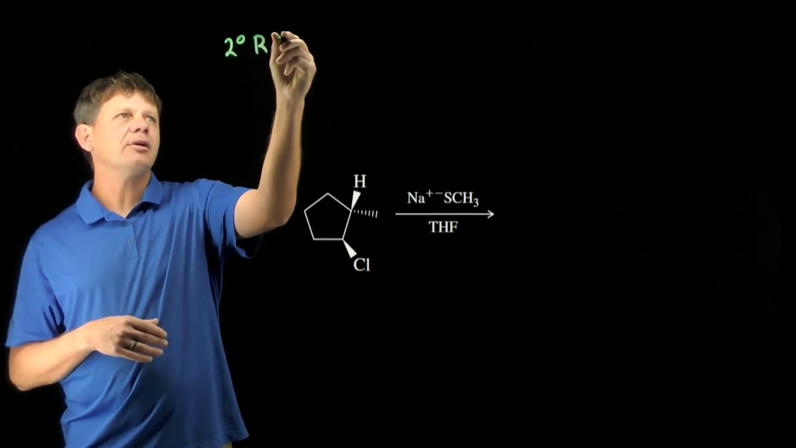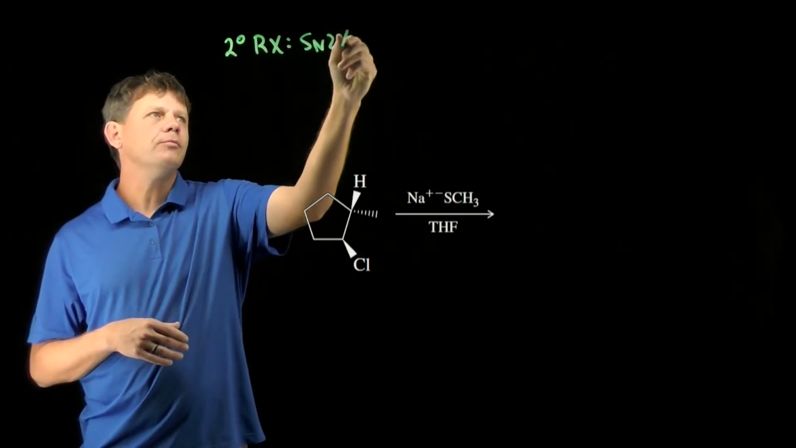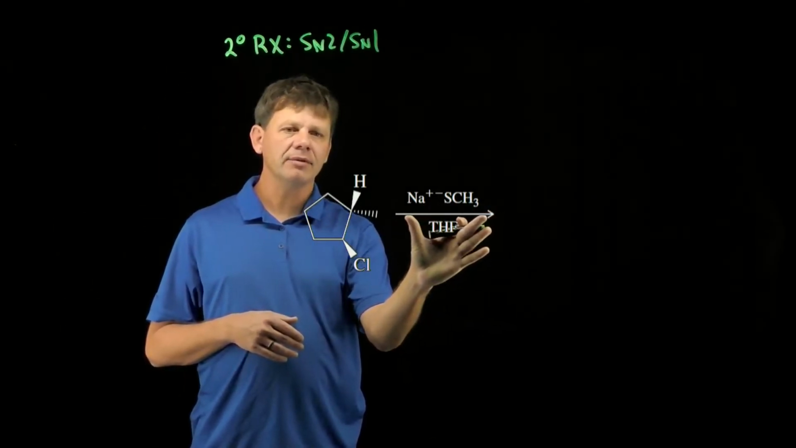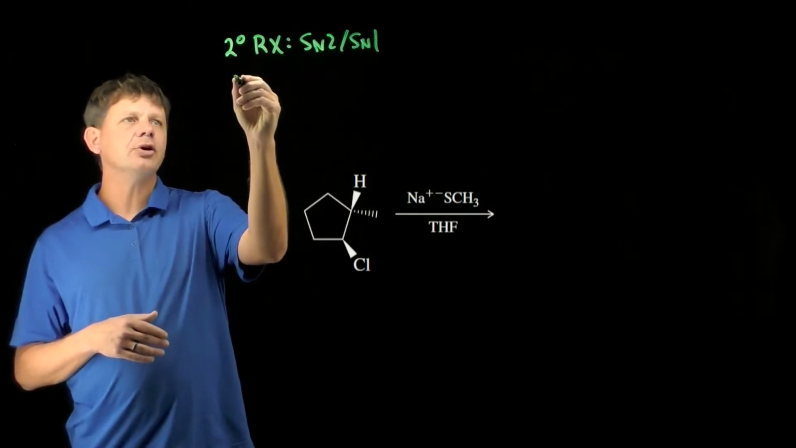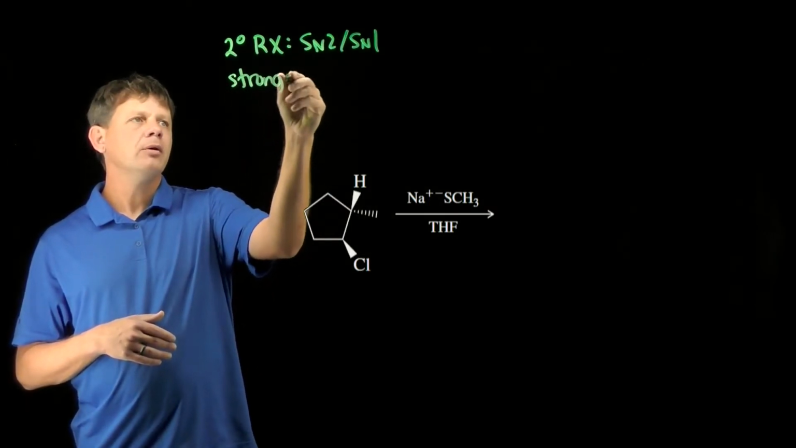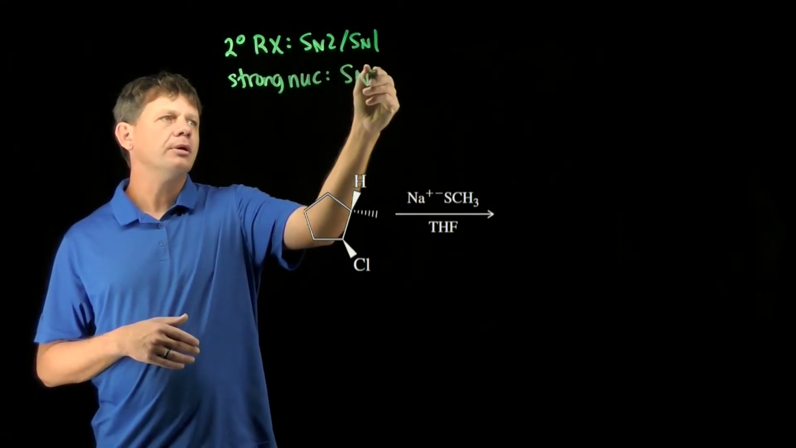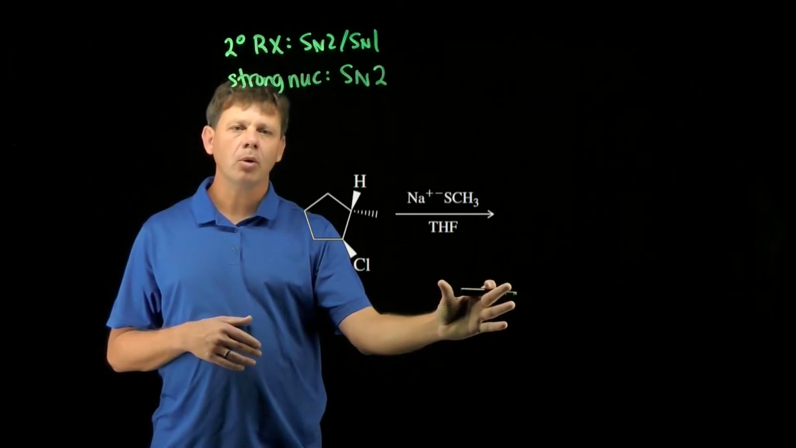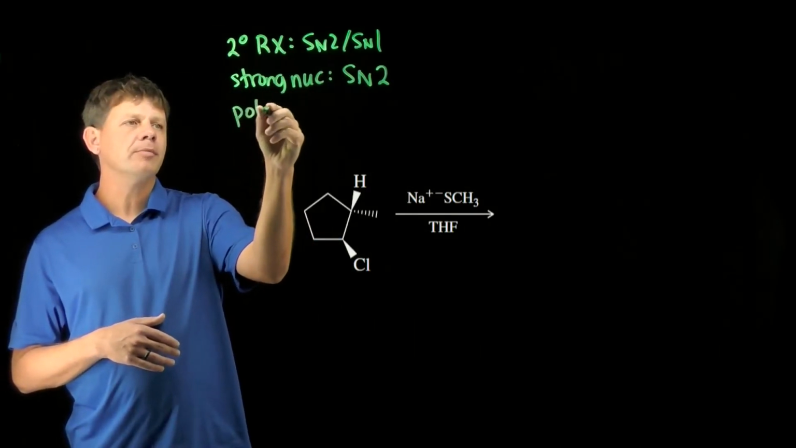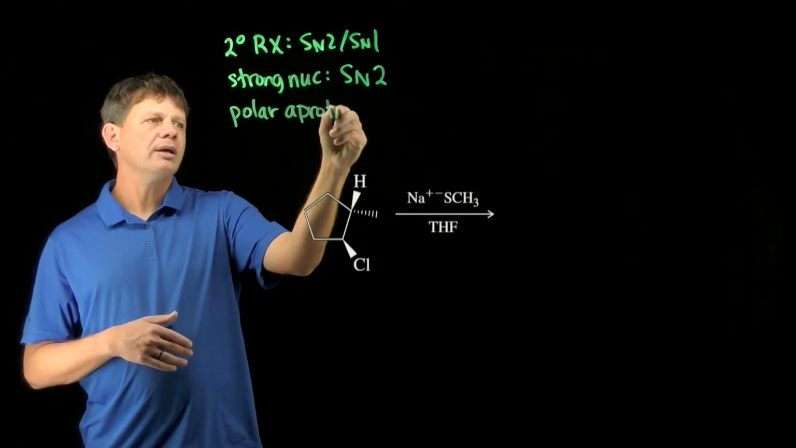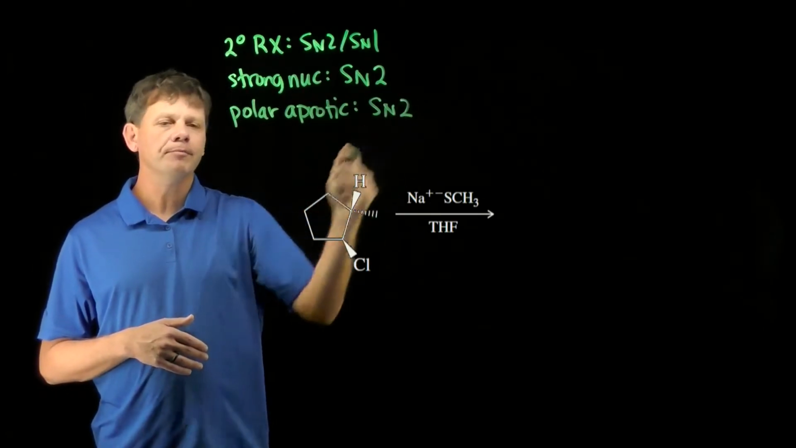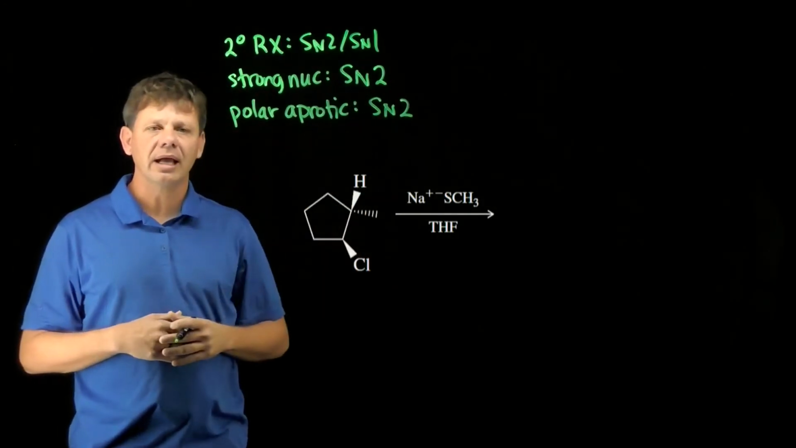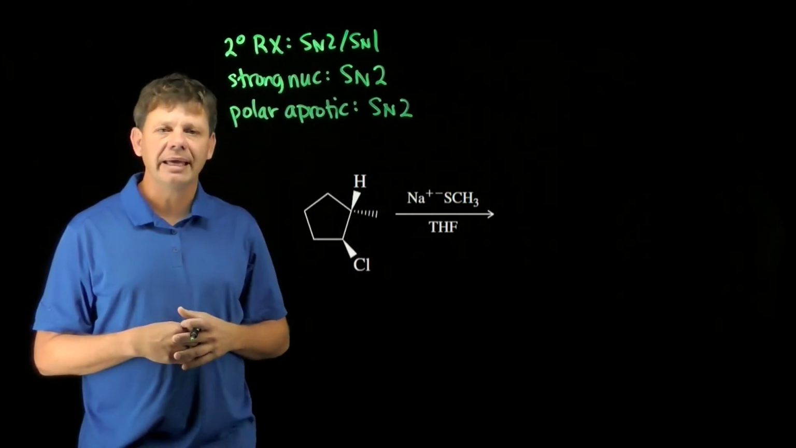We have a secondary alkyl halide, which we know can do SN2 or SN1. Our nucleophile here is a negatively charged nucleophile. Being a good, strong nucleophile, we would expect the reaction to proceed by SN2. THF is a polar aprotic solvent, and a polar aprotic solvent we expect to favor SN2 substitutions. With 1 vote for it doesn't matter and 2 votes for SN2, this is probably going to be an SN2